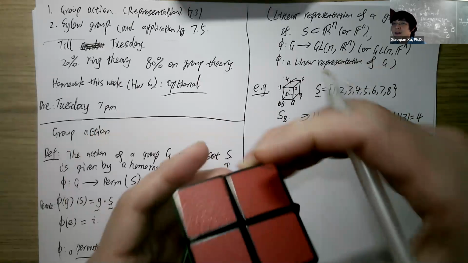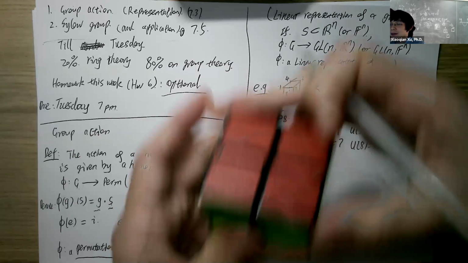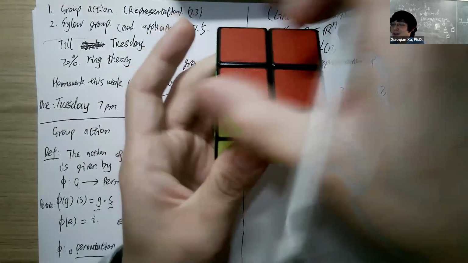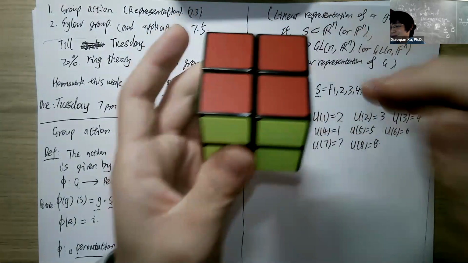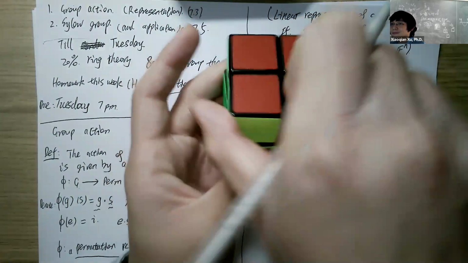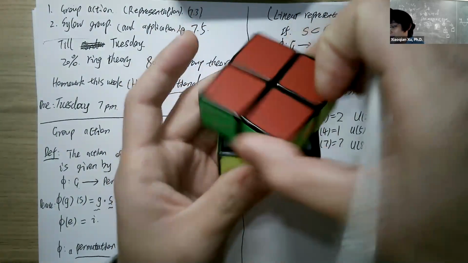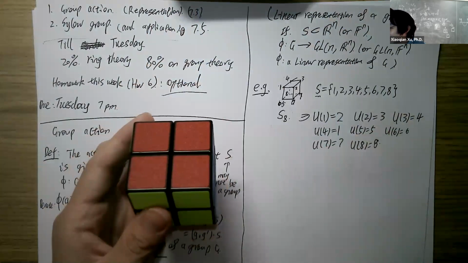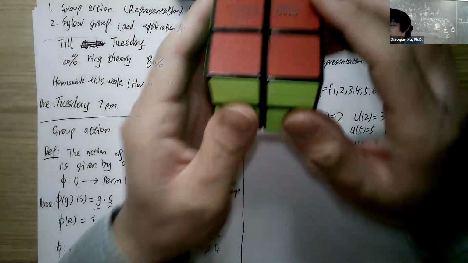So this is, you rotate the upper surface counterclockwise, okay? So this is how, and then all this kind of map, or all this kind of operations,